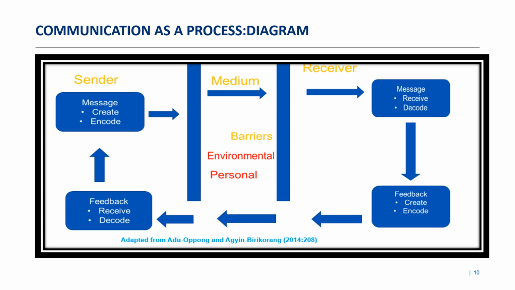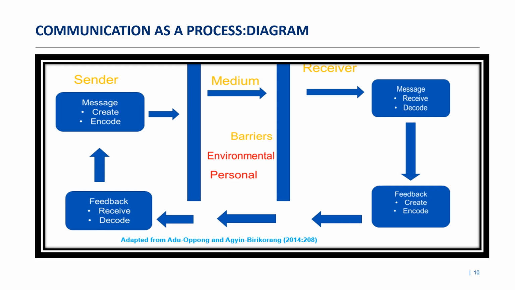Let me now go and illustrate what is taking place in this diagram. We agreed that communication is a process, and in this process, there are different role players. Which are the role players? The key role players are the sender and the receiver. So the sender has got a particular responsibility, and equally the receiver has got particular responsibilities. What are the responsibilities of the sender? The sender has got an obligation or a duty to create and encode the message, make sense of it, and relay or send the message to the receiver.